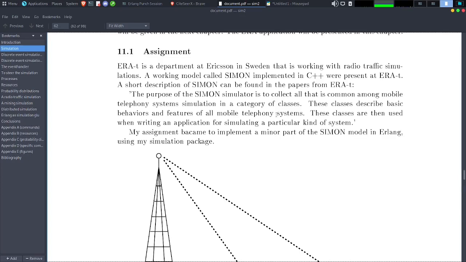These classes describe basic behaviors and features of all mobile telephony systems. These classes are then used when writing an application for simulating a particular kind of system. My assignment became to implement a minor part of the Simon model in Erlang using my simulation package.